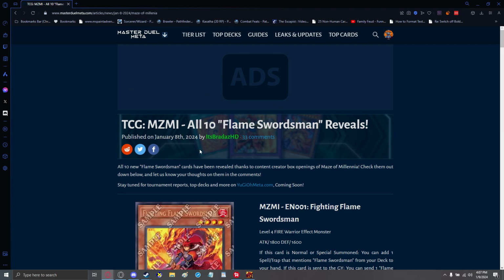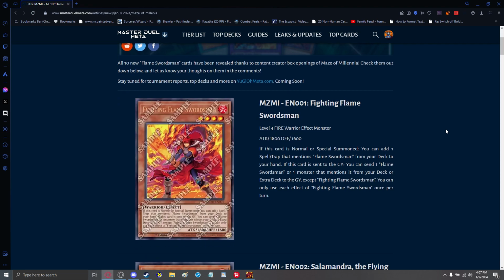On MasterDuelMeta.com, one of the articles I saw while scrolling around on my phone, we got some Flame Swordsman for the TCG. So, first up, we have the Fighting Flame Swordsman, a standard archetypal card, an 1800 attack level 4 monster. Basically, if he's normal or special summoned, you can add one spell or trap that mentions Flame Swordsman from your deck to your hand, and if it's sent to the graveyard, you can send one Flame Swordsman or one monster that mentions it from your deck or extra deck to the graveyard, except for himself,